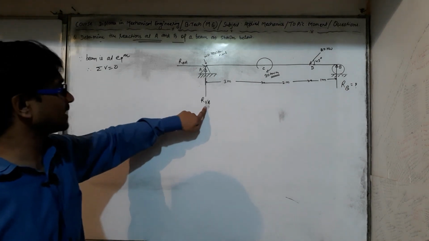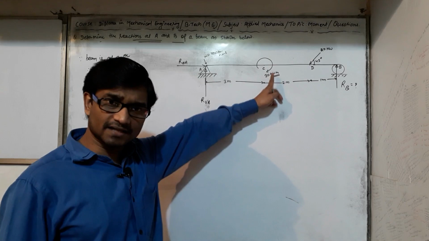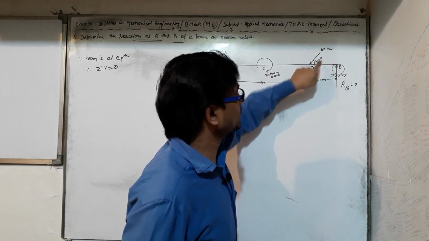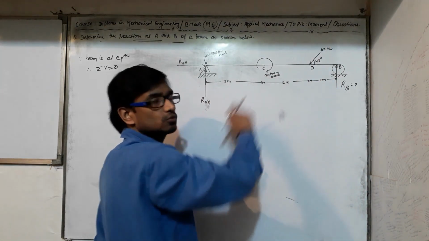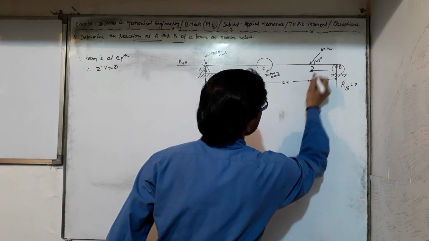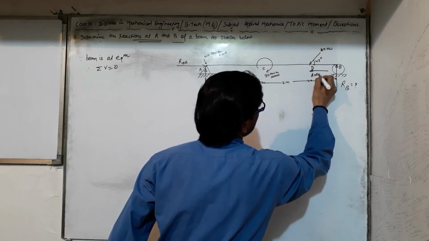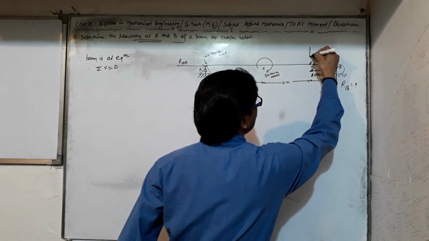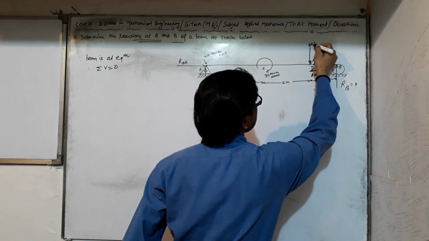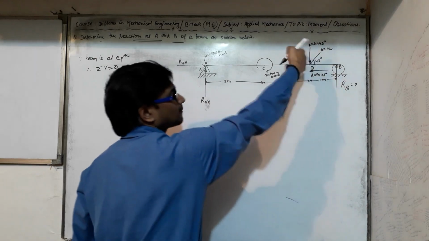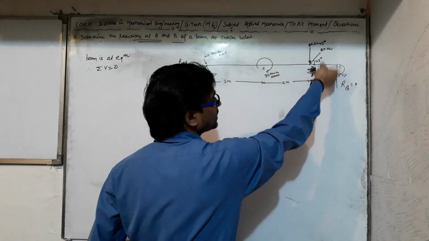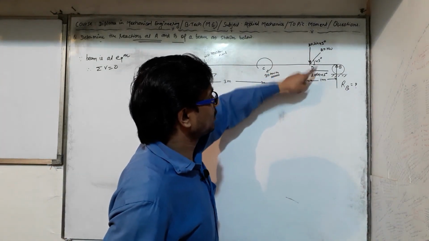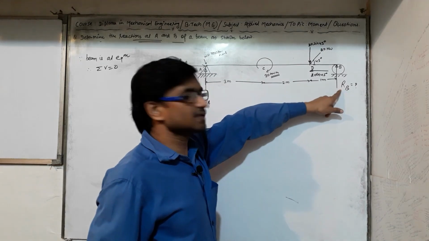So here there is one force vertically upward, and there is a moment, no other force is acting here. One force is 20 kilonewton at an angle of 45 degrees. So we have to resolve it into two components. One is horizontal in this direction, 20 cos 45 degrees, and the other is vertically downward, 20 sin 45 degrees. One vertically upward reaction is RB.